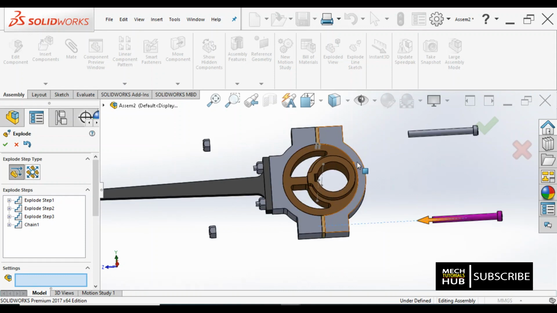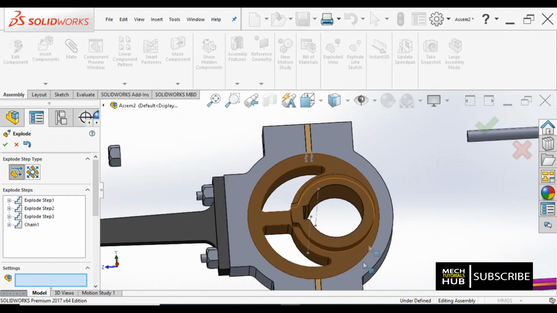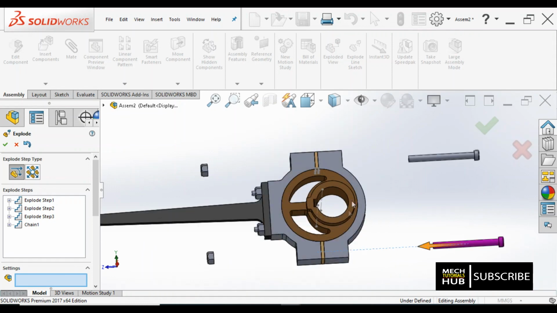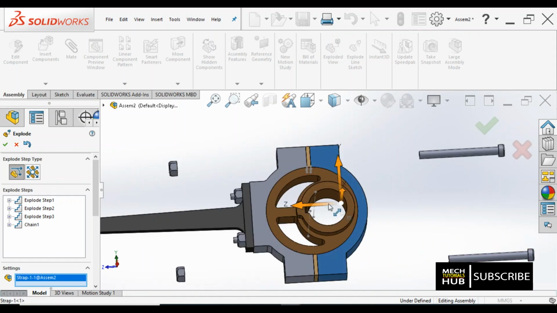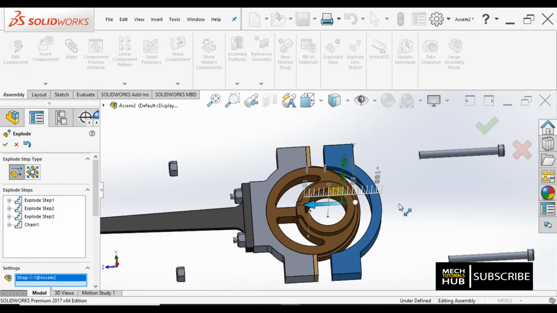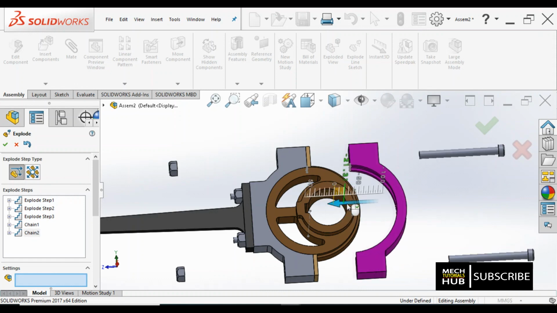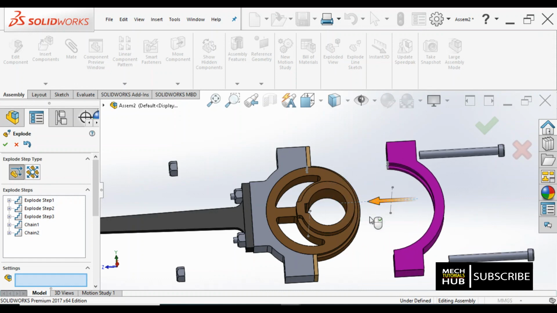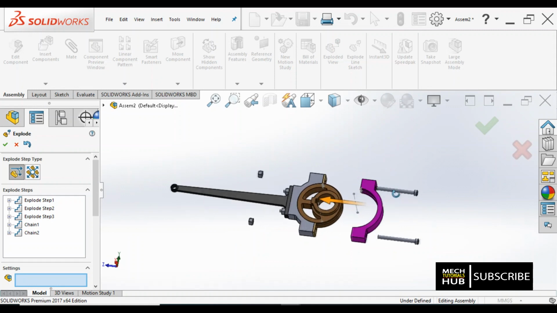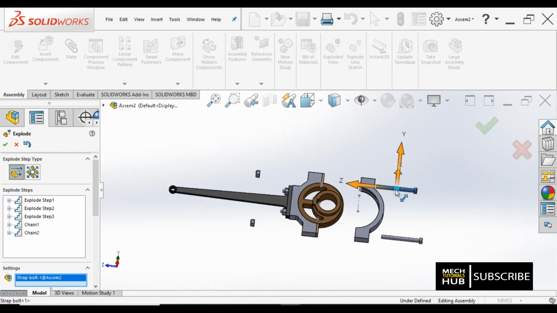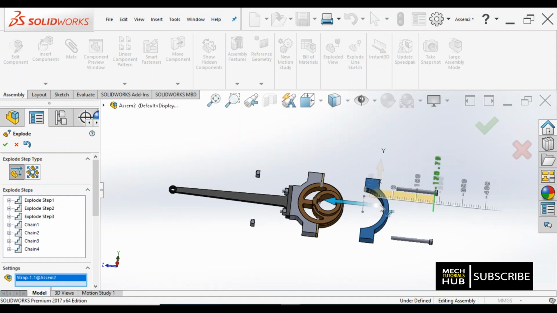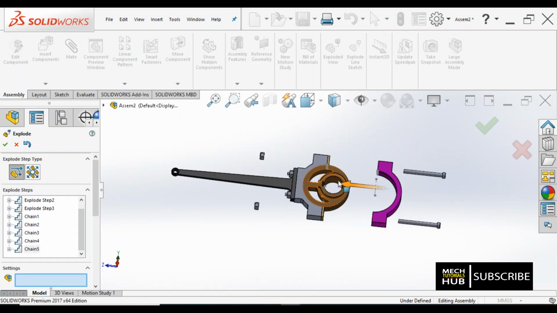Now once it is unfastened, we can remove this strap number 1 as well as the sheave and the packing material. We can do that simply by clicking here and dragging it out. The distance depends on the person who is actually operating it. I'll move this bolt further also, and this one again, so that we can move the strap further.